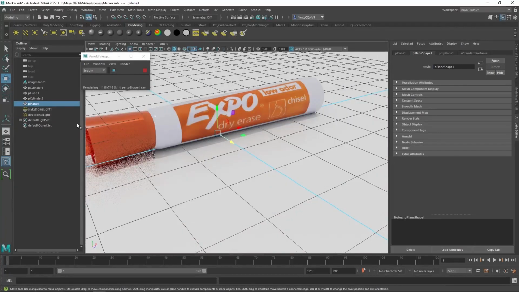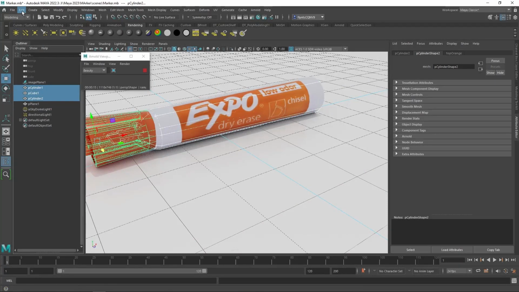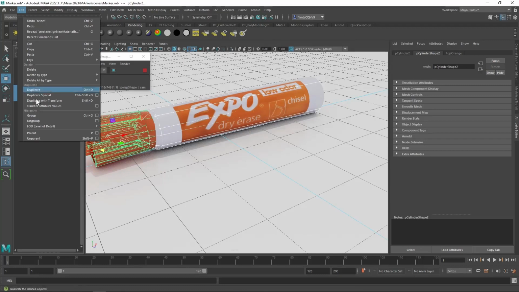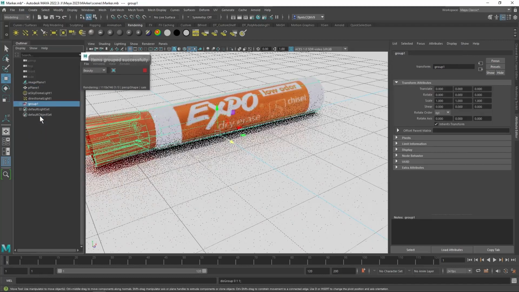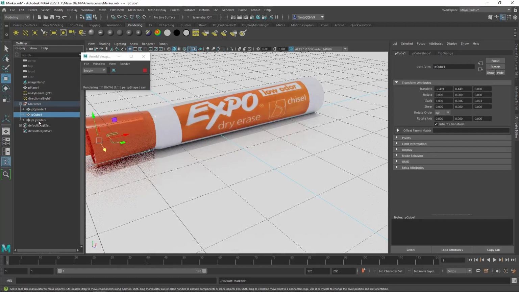So before we do that, let's take the objects that make up the marker and let's group them. Click Edit, Group. And now we have a group. And I'm just going to rename this group Marker 01. Now, I can still select the individual parts of the group, but selecting the group will allow me to easily